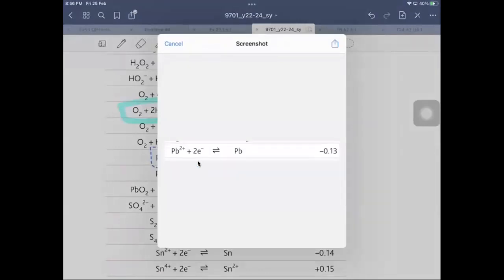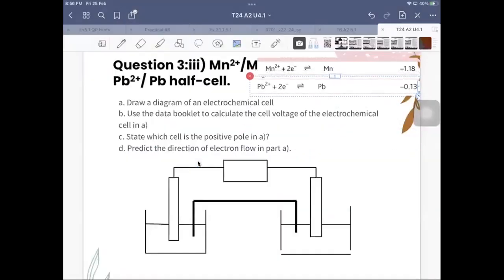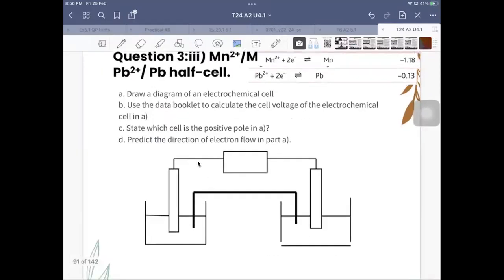Okay, so it doesn't matter where you want to put the manganese half cell or the lead half cell. There is no rule saying the positive has to be on the left side and the negative has to be on the right side. Now, this is an example where you have both negative numbers. But between these two, the more positive is the lead half cell, so that becomes